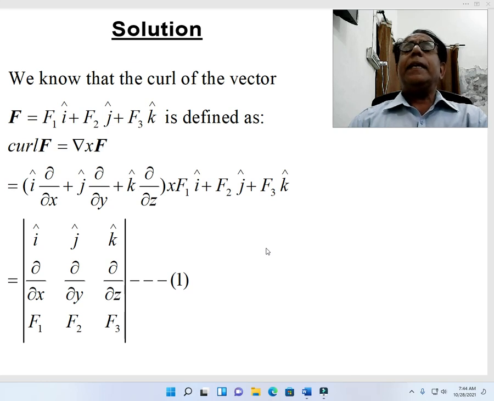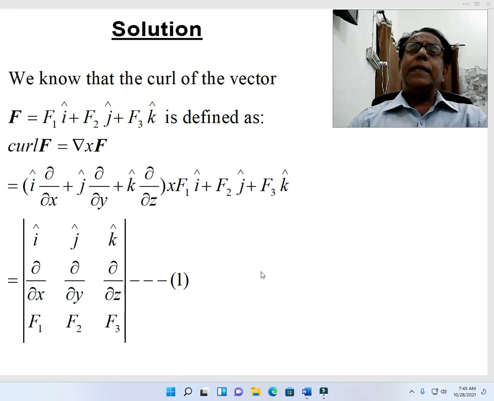Okay. Here is the cross product involved. In our previous module, dot product was used. Okay. Here, del operator nabla